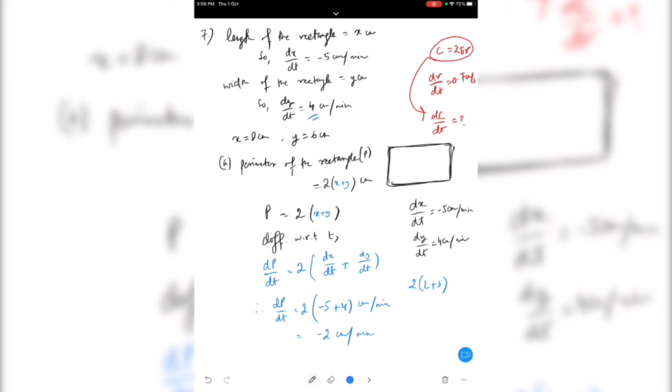So that's what we have. Okay. Now option number B. Option number B is you have to find the rate of change of area of the rectangle. So what is area of a rectangle? Area of a rectangle is length into breadth, and length is x and breadth is y. So that's centimeter square. Again you have to write here A is equal to this thing. So area is given as xy. So I will write A is equal to xy, right? Again you need to find what? Rate of change of area. So you need to find dA/dt.